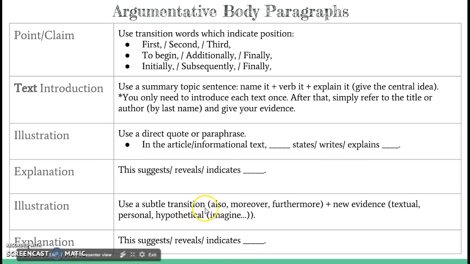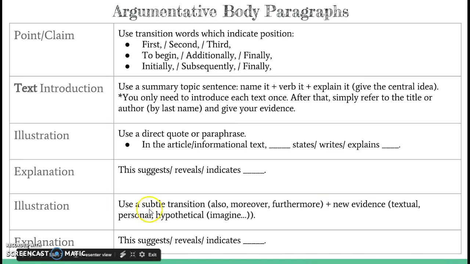So you're not going to use transition words like you would use for the beginning of your body paragraphs. You want to use something like also or moreover or furthermore, and then provide another piece of evidence. This could be evidence coming from the same text that you introduced earlier. It could be evidence coming from a different text, which means you'll have to introduce that before you provide your